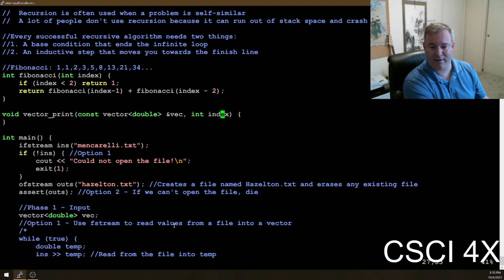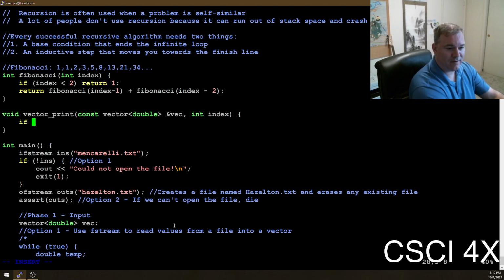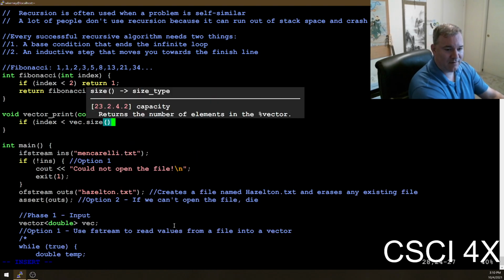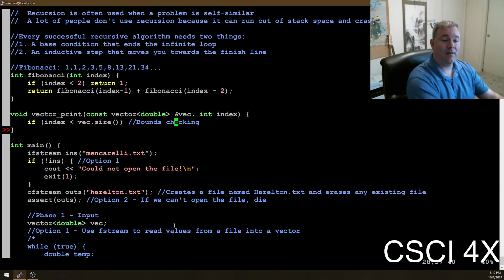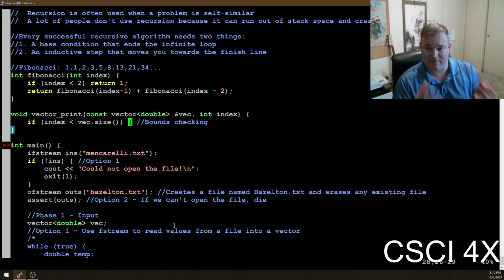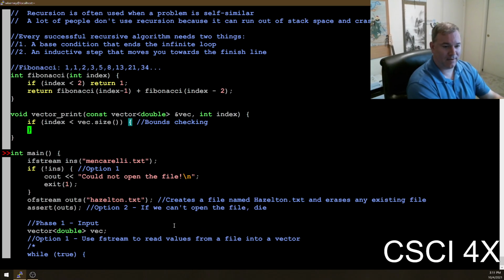So we're going to print this vector starting at index. What we're going to do is say if index is less than vector.size. So we are doing a little bounds checking here. If we're being passed a vector of size 10 and I'm being asked to print out vector element 20, that's out of bounds, so we're not going to do anything in that case.